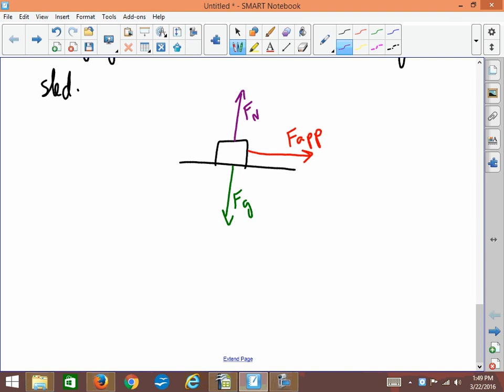And the reason nothing's happening is because we know that the normal force and the gravity force are balancing each other out, so the overall effect is zero. So if I were to think about F net y, it would equal the gravity force plus the normal force. But because the sled is not accelerating up or down, there can't be any force up or down, right? So I can just say right off the bat that the net force is going to be zero for up